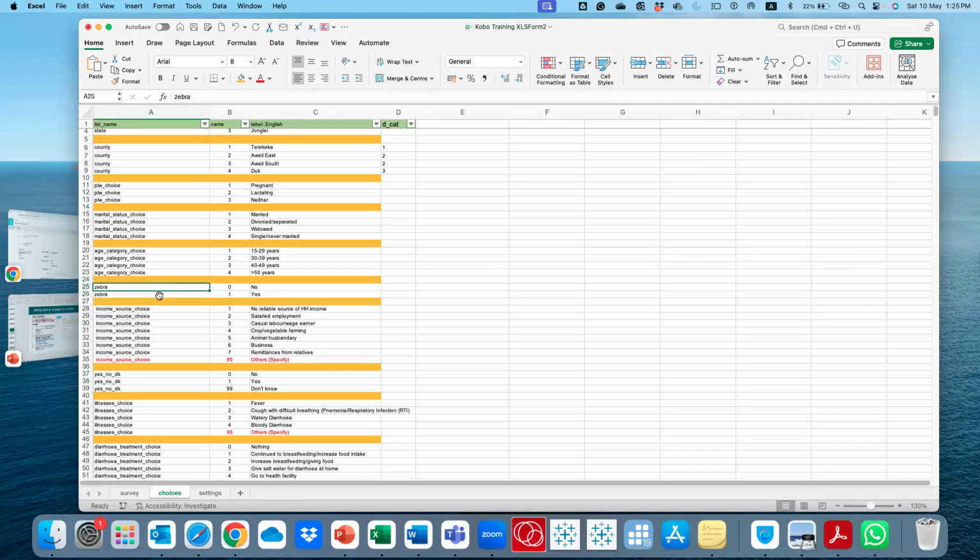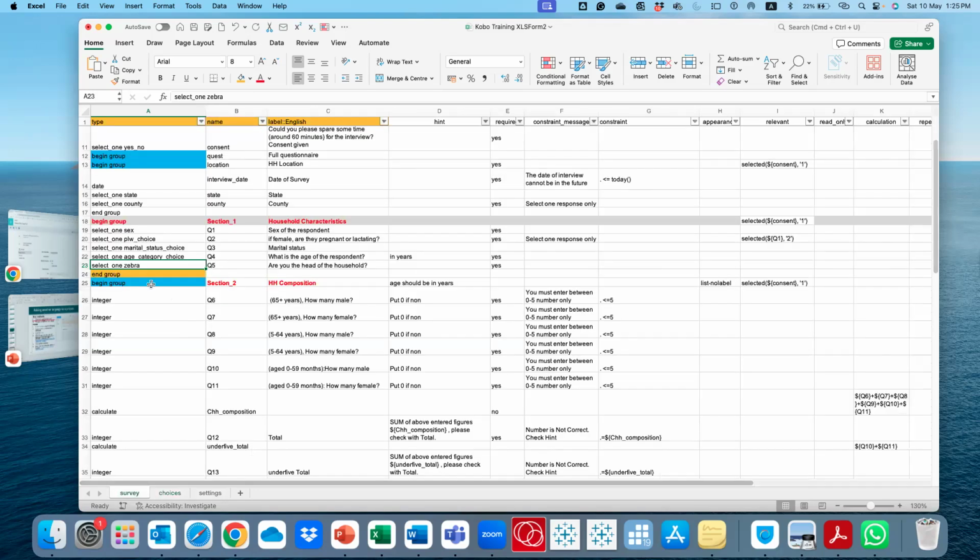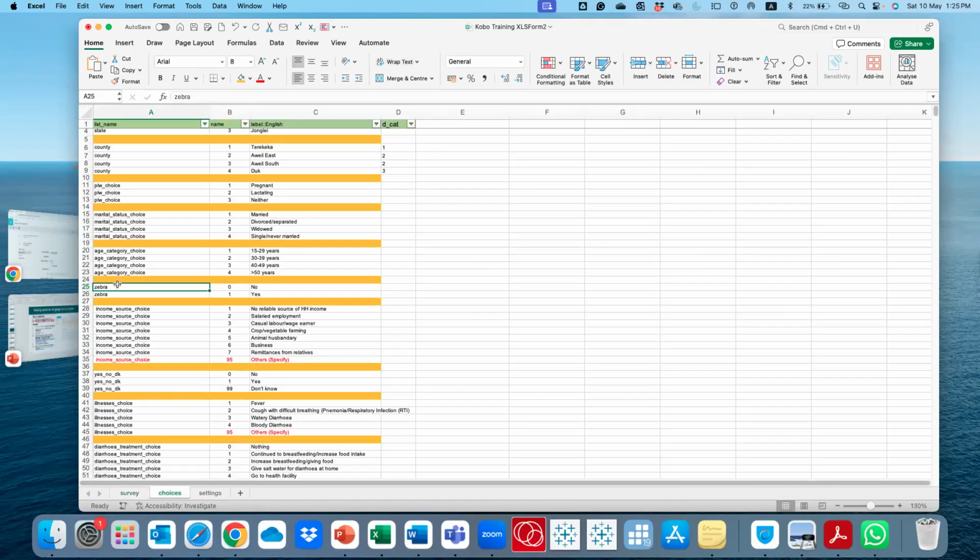When you say zebra and you give me your data set, I'll be confused, right? But if you say yes_no, later on, if you give me your data set, I can easily know that maybe this question was asking a yes, no response, right? Which is easy. So that is the only reason why you want to name something close to your question. All right, so let's go back to that. This has to be yes_no, so that it corresponds to what we saw.